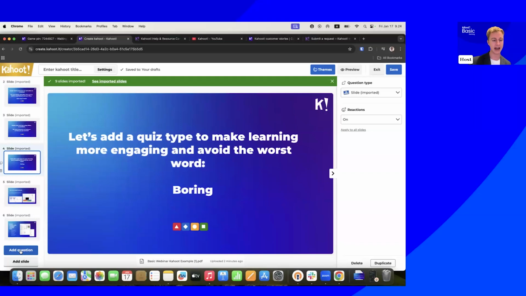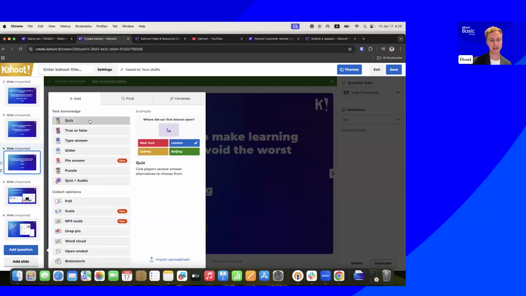So we click on add question, and we can test knowledge by adding a test knowledge question. For example, a quiz question, very similar to a multiple choice question. In college, university, it's very common. That was never my favorite thing when I went to school, but that's okay. You're able to add them here. You can add true or false, which is also a very common one that we see for our customers at work to test knowledge. The type answer, that was something that we actually did during the opening slide,